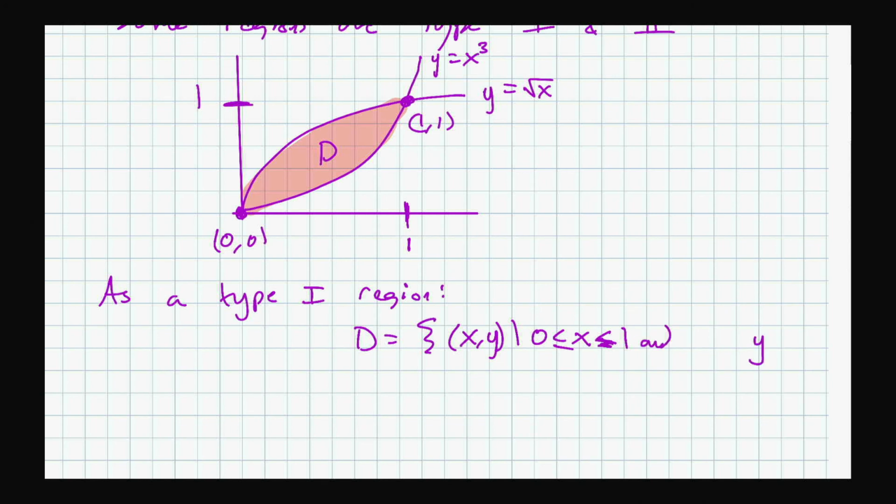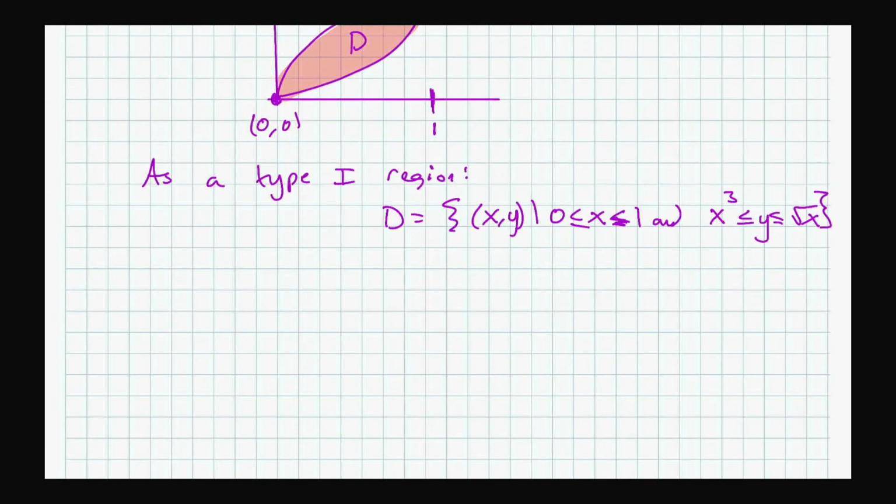And your y is between functions, and the functions are on top, it is y equals square root x. And the bottom curve is actually this one, which is y equals x cubed. So that's how you would list it as a type 1 region. Now, as a type 2 region, you would say it's the set of all x and y